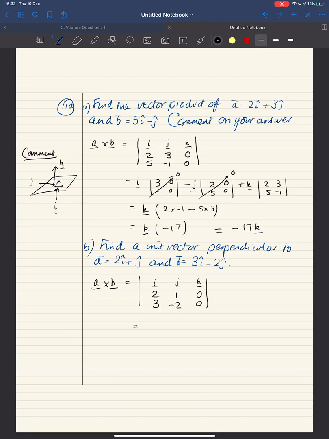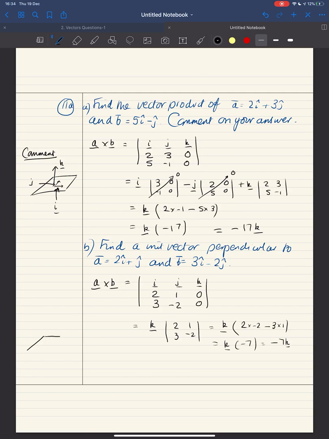So as before, it's going to be just the k one that comes up because of those double zeros. Oops, put my bracket in the wrong place there. Times 1, minus 4 minus 3, minus 7, which is minus 7k. So the unit vector,